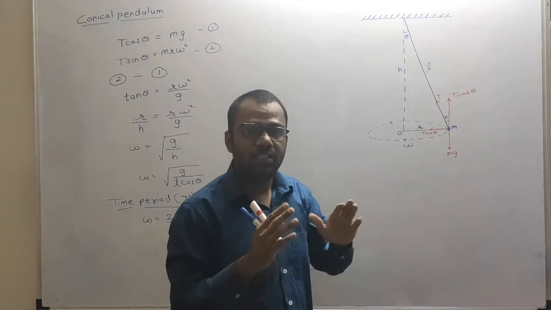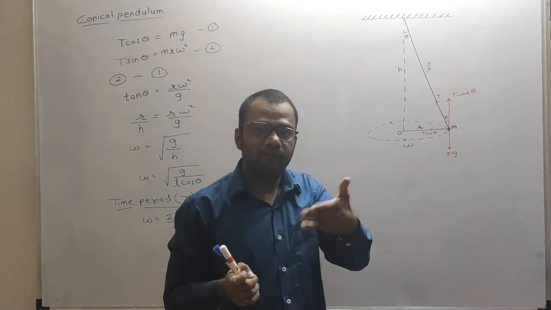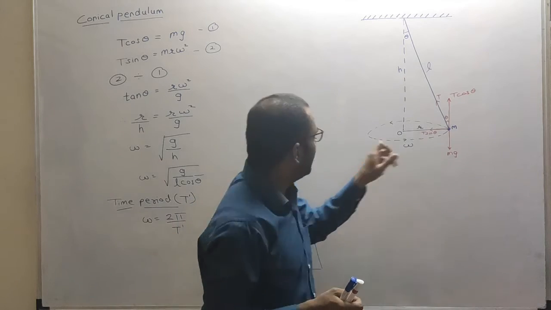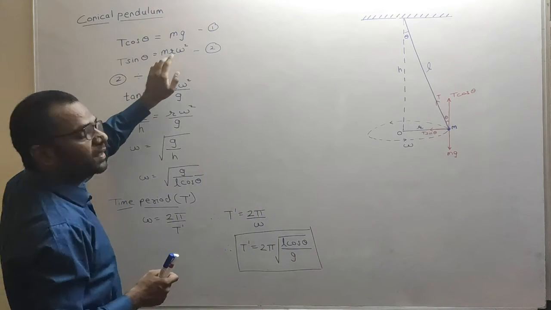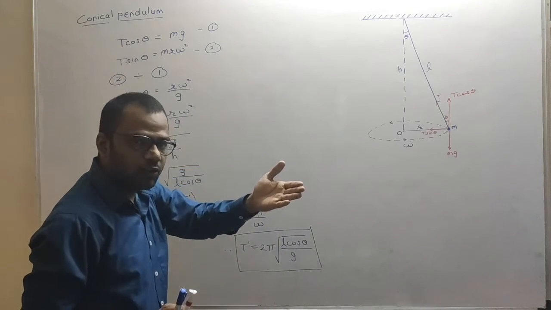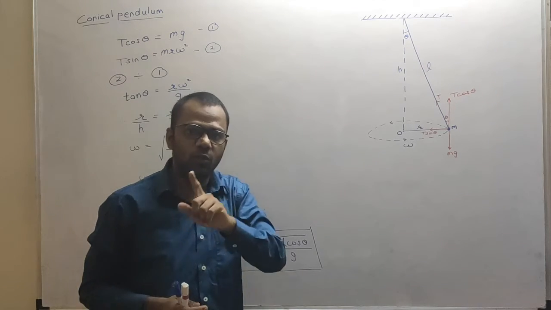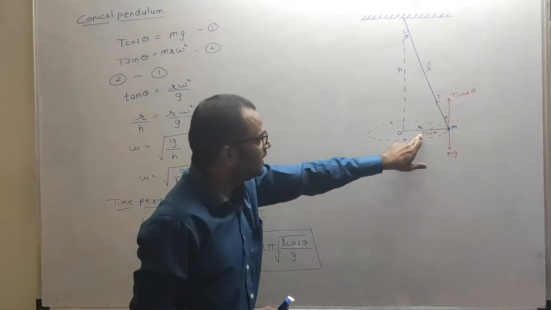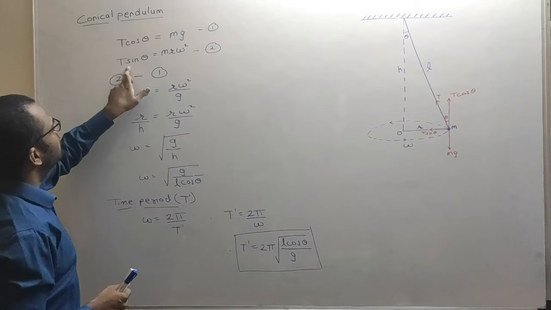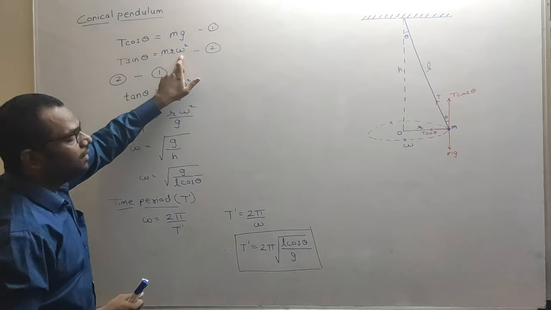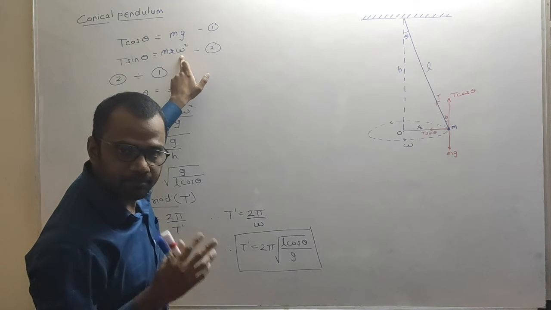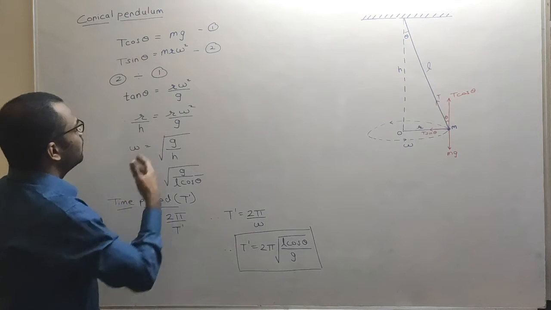Right? Okay, now what is the formula for centripetal force? mv square by r. So this T sin theta is nothing but mv square by r, or also we know that centripetal force is m r omega square, using the relation v is equal to r omega. So this T sin theta provides the centripetal force. So T sin theta is equal to m r omega square.